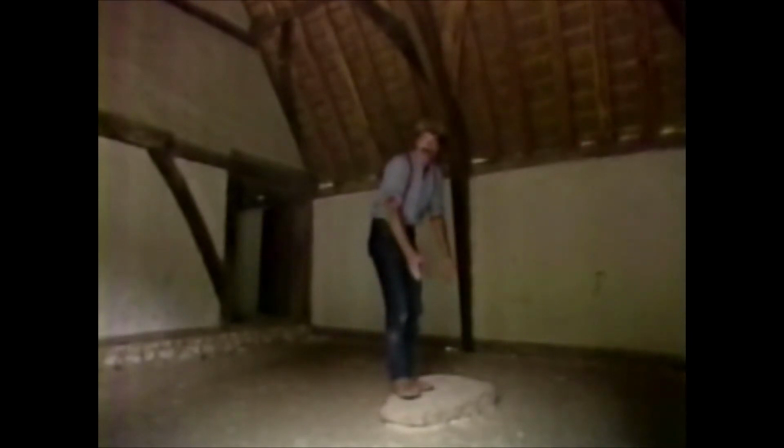Now, these crucks not only support the roof, but they also divide the space into what are called bays. So between each set of cross frames, you have a bay. This is a 2-bay hall, in the center of which is the hearthstone. Now, on this, the fire would be burning and the smoke drifting up through the thatch and blackening the timbers